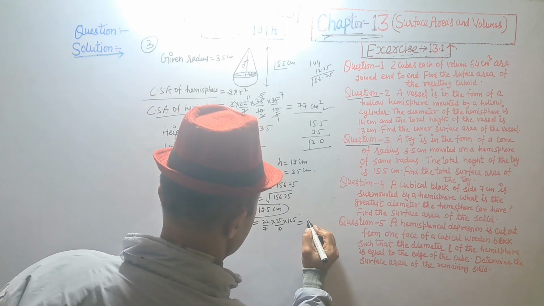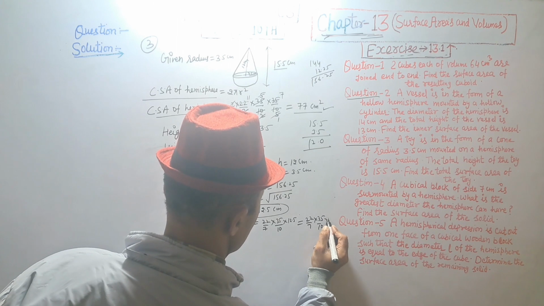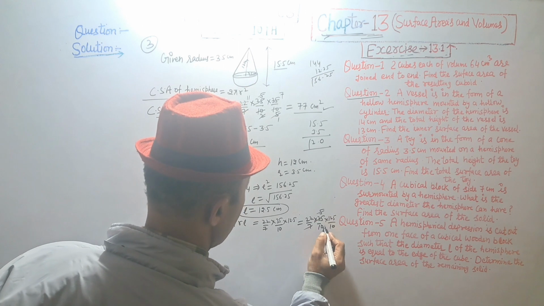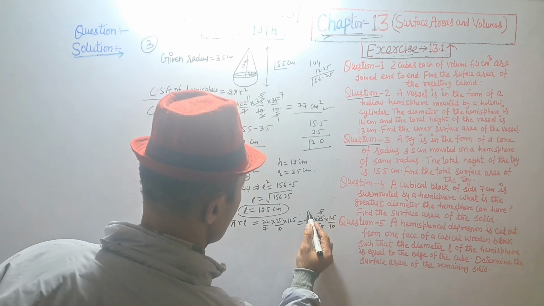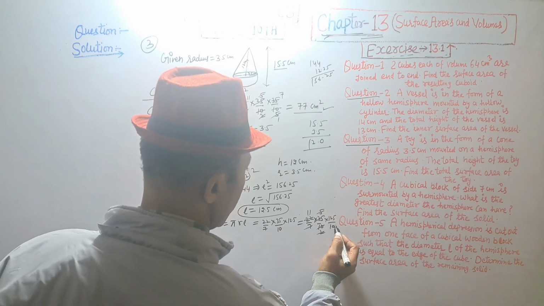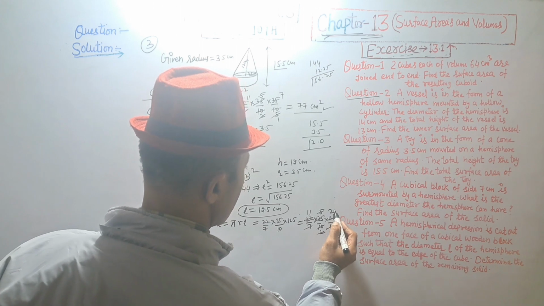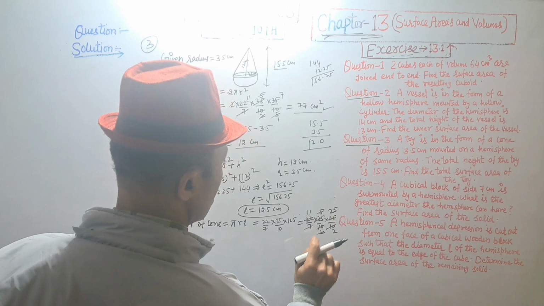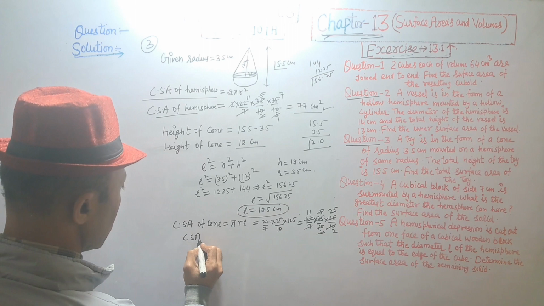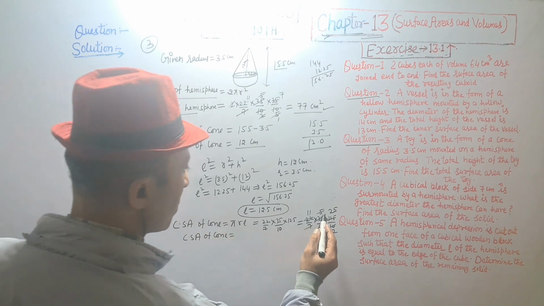That is equal to 22/7 into 35/10 into 125/10. 7 5s are 35, 5 2s are 10, 2 11s are 22, and we get 5 2s are 10, 5 2s are 10, 5 5s are 25, 25 11s are. Curved surface area of cone is equal to